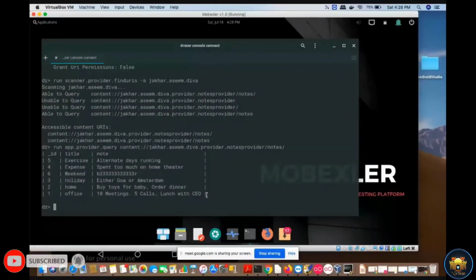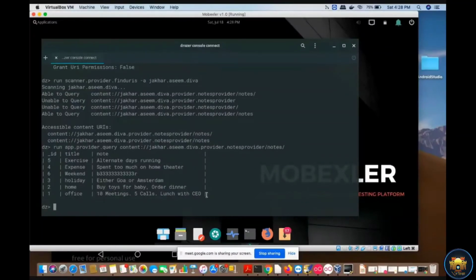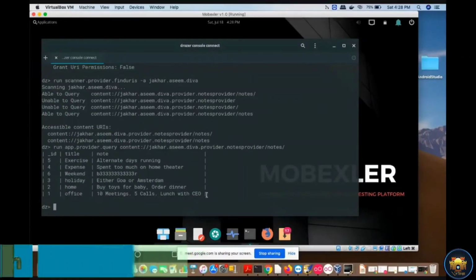So guys, this is the Drozer console framework which you can use in your pen testing activities to facilitate your pen testing process. It will not take more than half an hour or 1 hour to execute the whole pen testing of your Android application.